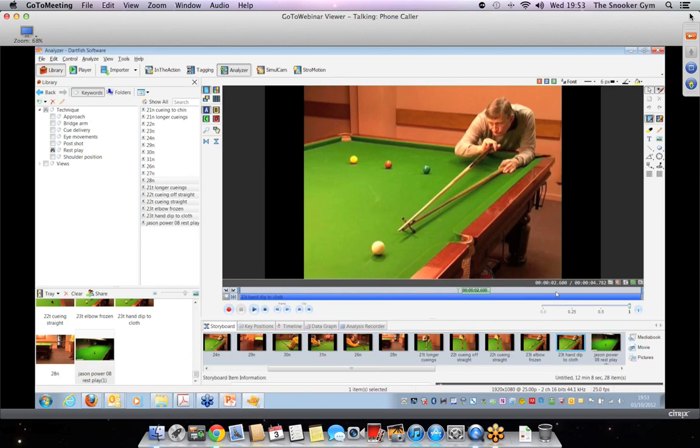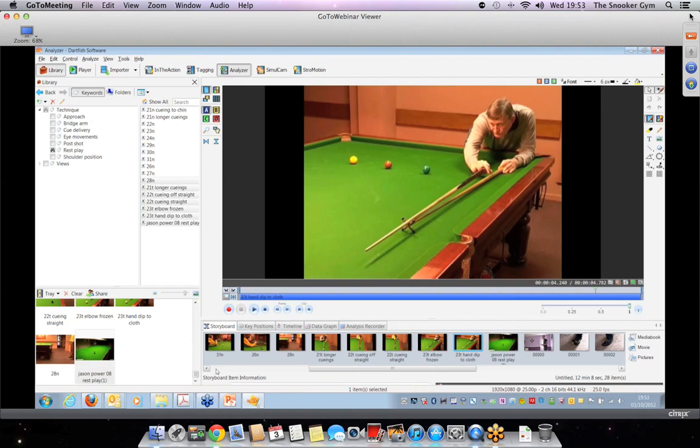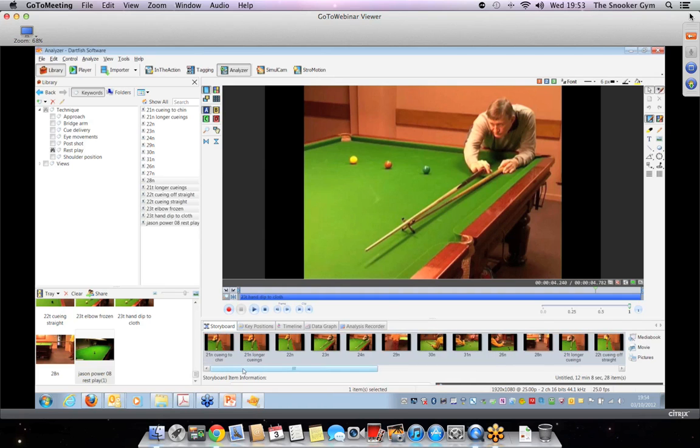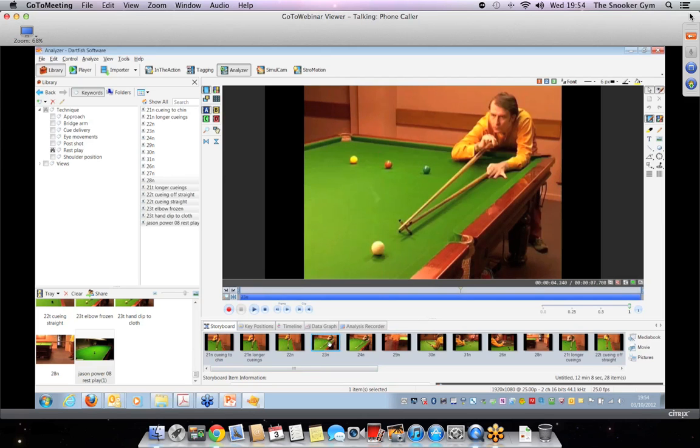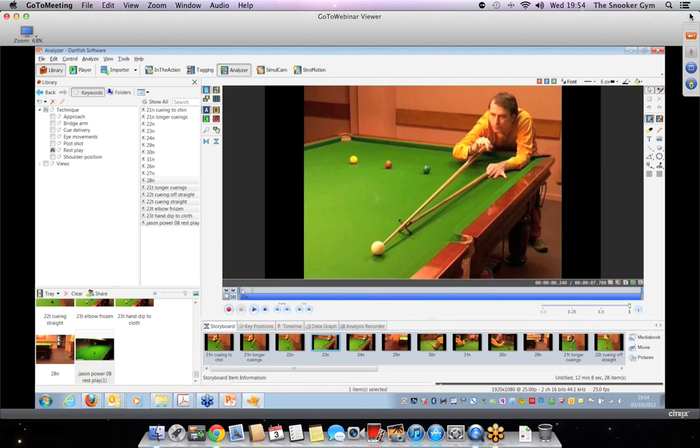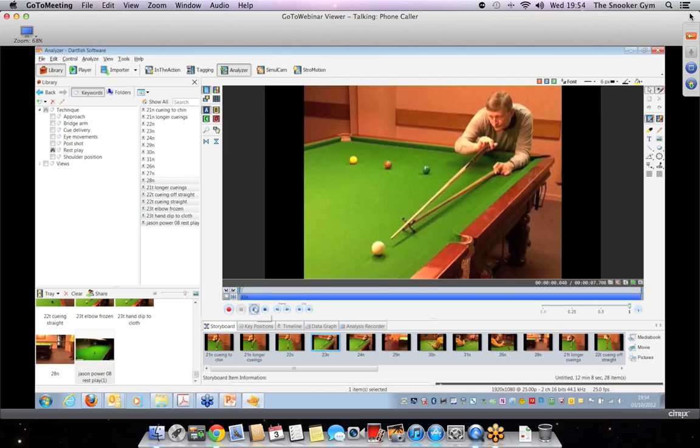You can see that effect here again, with the hand very low to the rest. So having done that, let's see what else we have here. A couple more videos with Terry. No, I'm mistaken actually, just the preview pane was. So we can go on to the clips where I'm playing the shot, and